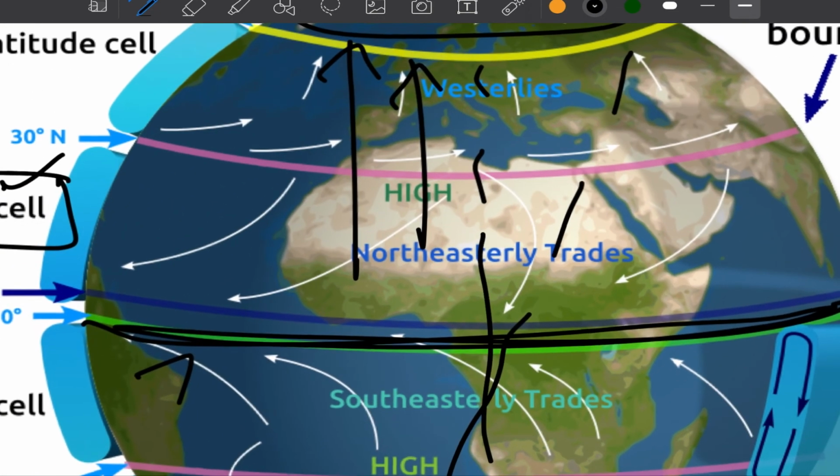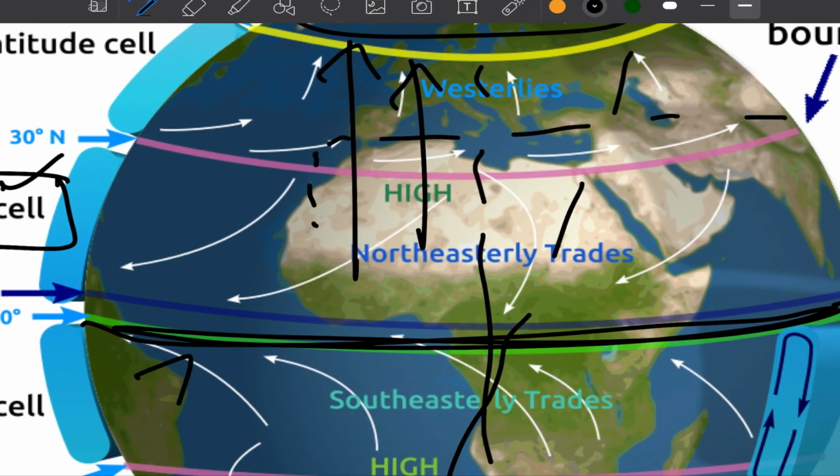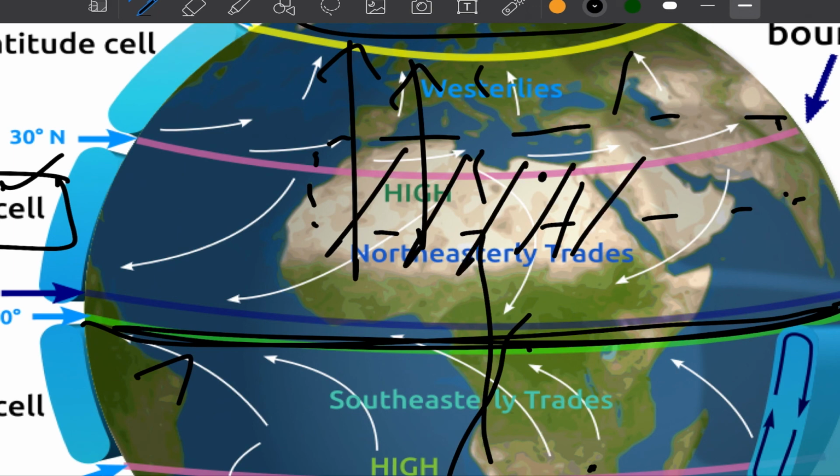Now, if you look at a map of the world, it also explains why most of the deserts fall around our 30-degree north belt. And the reason, of course, is because we just learned that air that rose from the equator will give away all the moisture there itself, and hence by the time it reaches our 30 degrees north or 30 degrees south belts, it doesn't have any moisture left, as a result of which we get a big belt of deserts developing